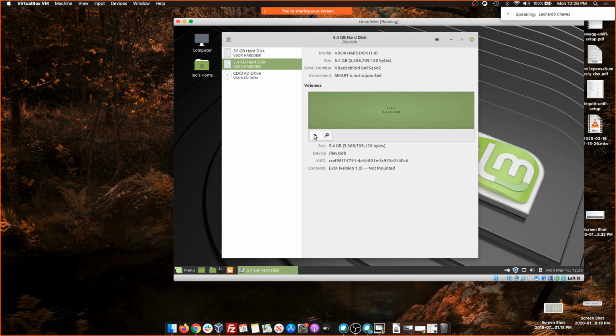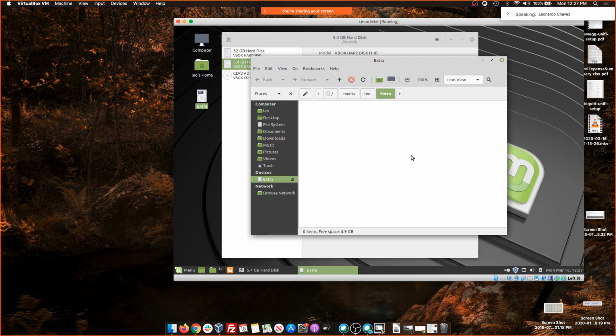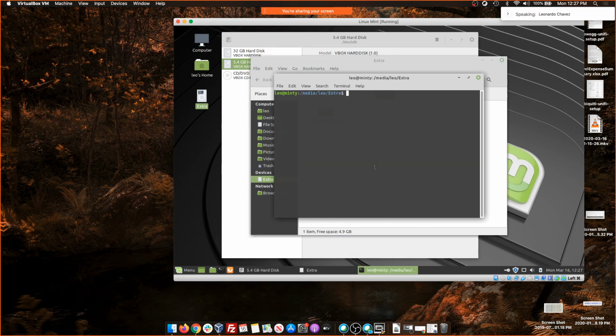If you hit this play button, it'll mount it. And if you look at where it's mounted, in media, as I mentioned before. Now inside of here, we're going to check on these permissions, make sure everything is on the up and up. Yep, looks good. Here, let's do open terminal here. Let's do ls -l. Yeah. So Leo owns the whole drive